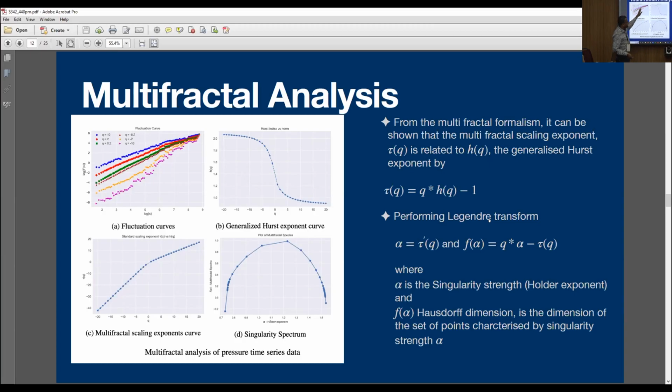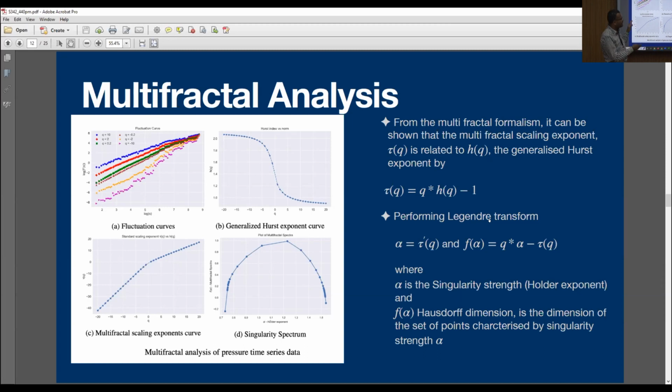And then there is a connection between this averaging approach and the multifractal formalism, where tau is the generalized multifractal scaling exponent. Then you do a Legendre transform, and you get alpha, the strength of the singularity, and f(alpha), the measure of the set. Because it's difficult to compute this directly, you go through this whole procedure, and you get the same result. So this is it in a nutshell, but I can discuss it with you in detail later.